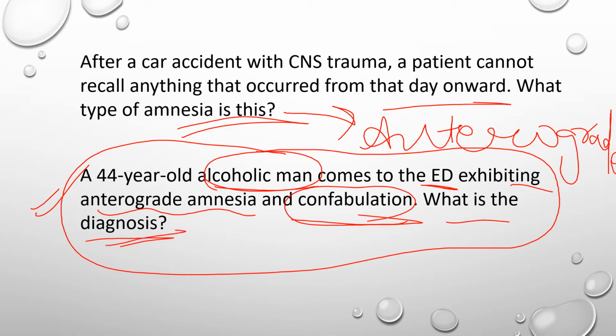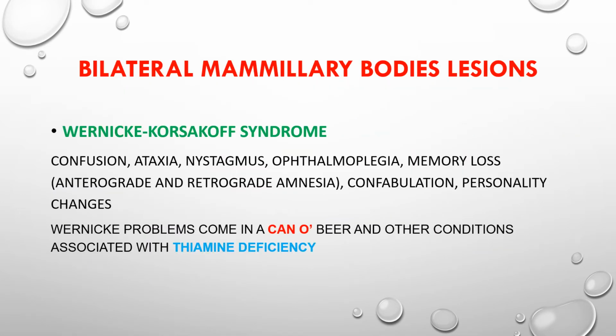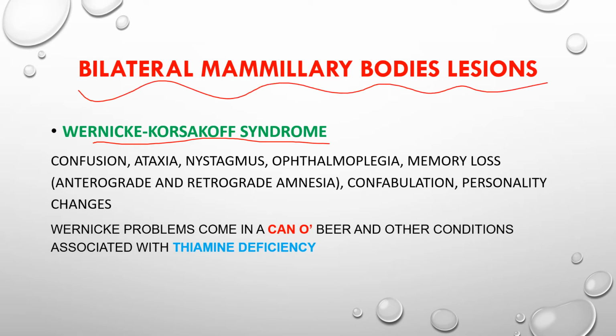So this is the case of Wernicke-Korsakoff syndrome. Let us learn about this in the next slide. Now, the Wernicke-Korsakoff syndrome is actually caused by bilateral mammillary bodies lesion. So, the Wernicke-Korsakoff syndrome presents with confusion, ataxia, nystagmus, ophthalmoplegia, memory loss that could be anterograde and retrograde amnesia, confabulation,